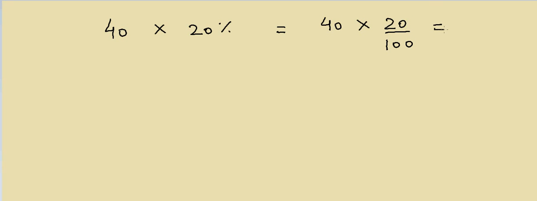So let's start with 40, for example. If I have 40 and I want to get 20% of this number, the traditional way is I'll take 40 multiply by 20 divide by 100 and the answer will be equal to 8. If you look at it, it's basically 4 and 2, so you could have just multiplied 4 and 2. 4 multiplied by 2 is equal to 8. So the answer is 8.